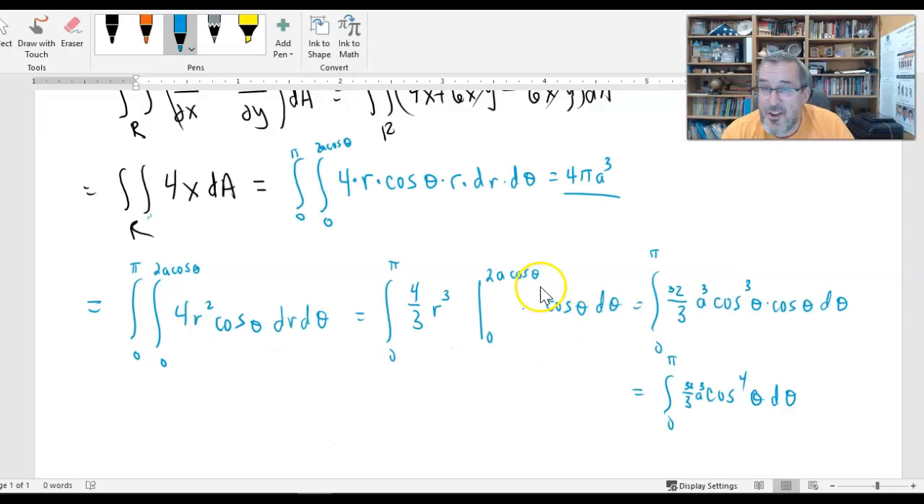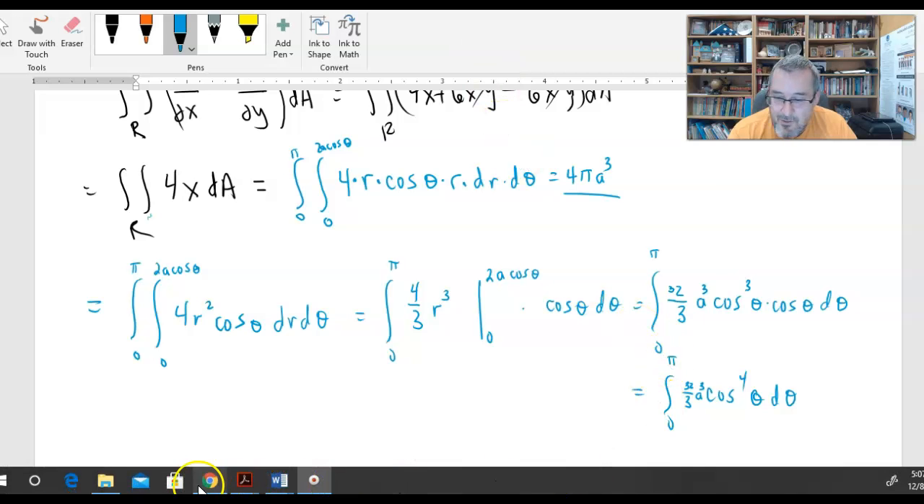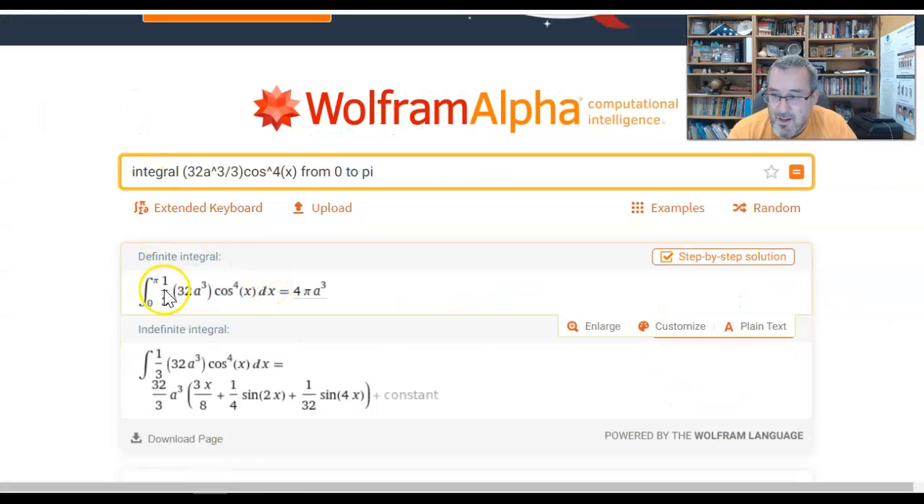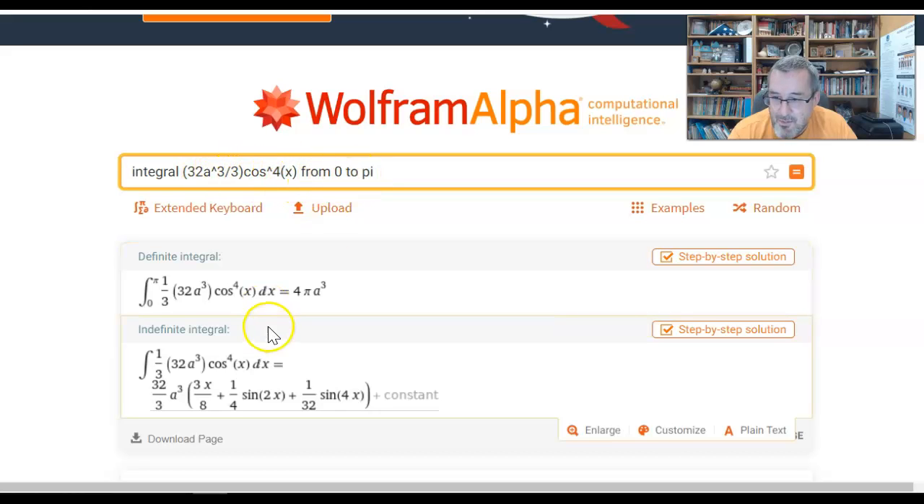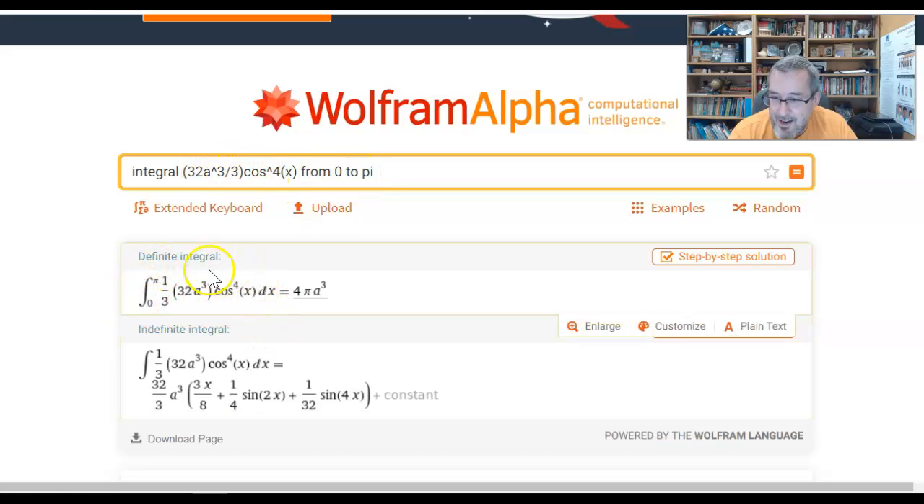I wanted you to see that you could also perform one round of integration here. Notice this is 4r squared cosine theta. And if we integrate with respect to r, we get 4/3 r cubed. Do your fundamental theorem of calculus. You might want to pause the video and see it, but you get this result, which Wolfram Alpha will confirm as well. The integral of 32a cubed thirds cosine to the fourth x from 0 to pi,